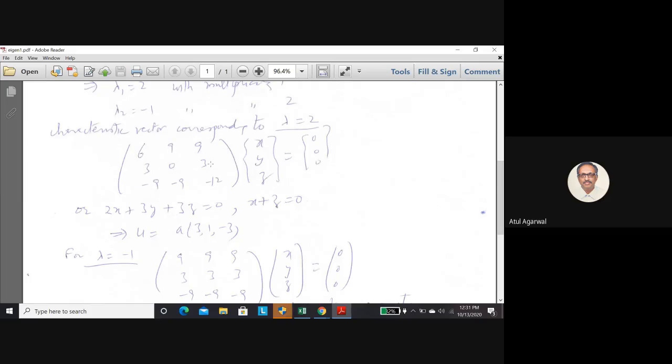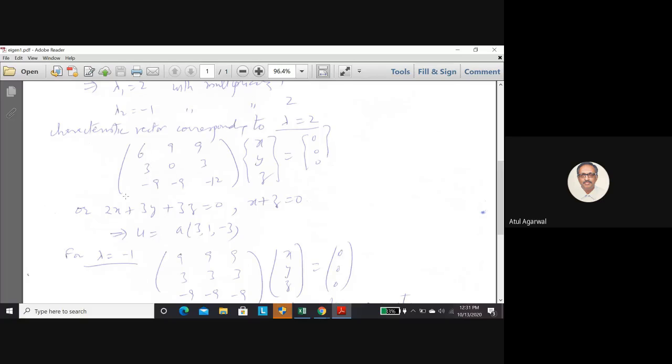Now you see this matrix has a 0 determinant. So only two equations at the most will be linearly independent. You see, you add the first two rows, what do you get? 9, 9, 12. You apply a minus sign. So you see the third equation is a linear sum of the first two equations. So this is a dependent equation. It is not giving you any new equation.